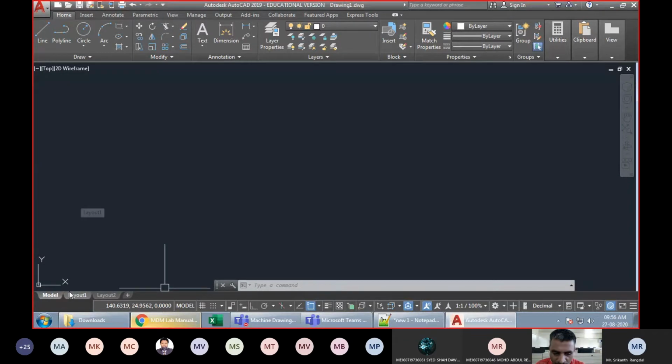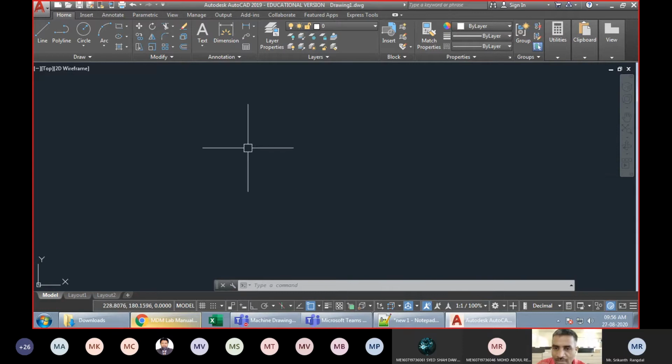Then just above this status bar, we have 3 options here. One is the model space. The model space usually has a black background. This is to give rest to your eyes. If the monitor screen is too bright, you cannot stare at it for long periods of time. That is the reason a black background has been placed on it.